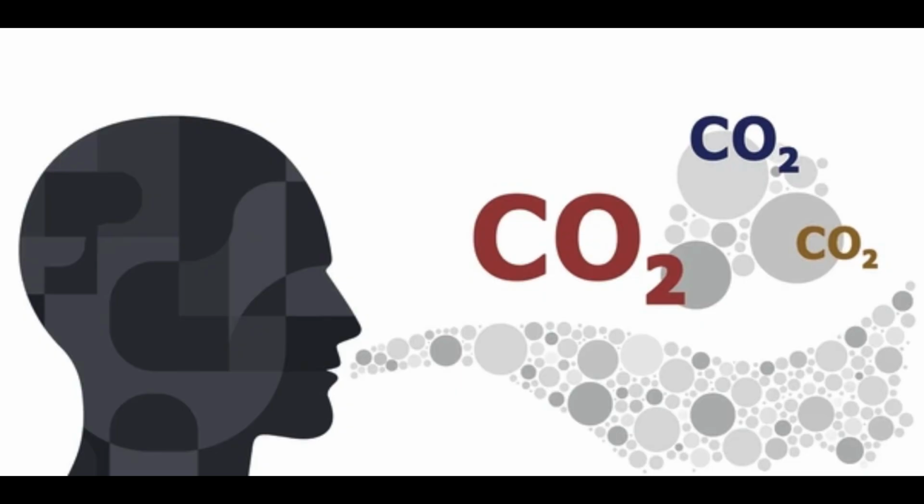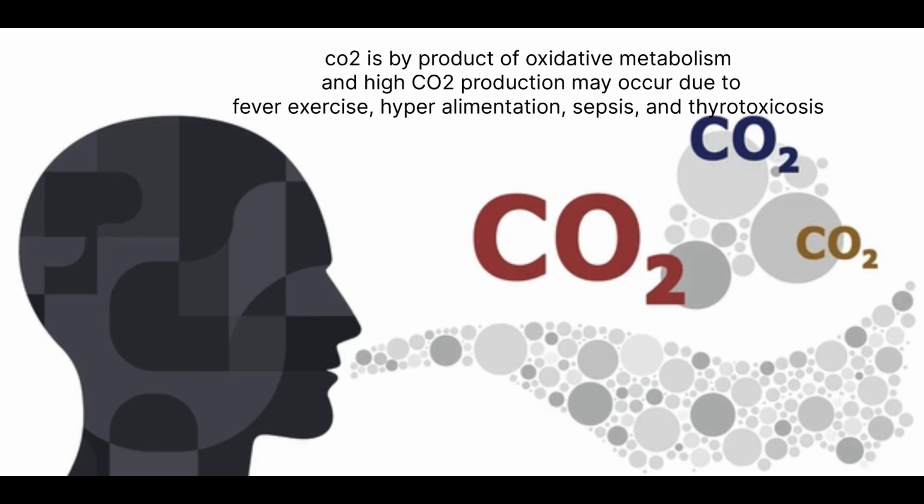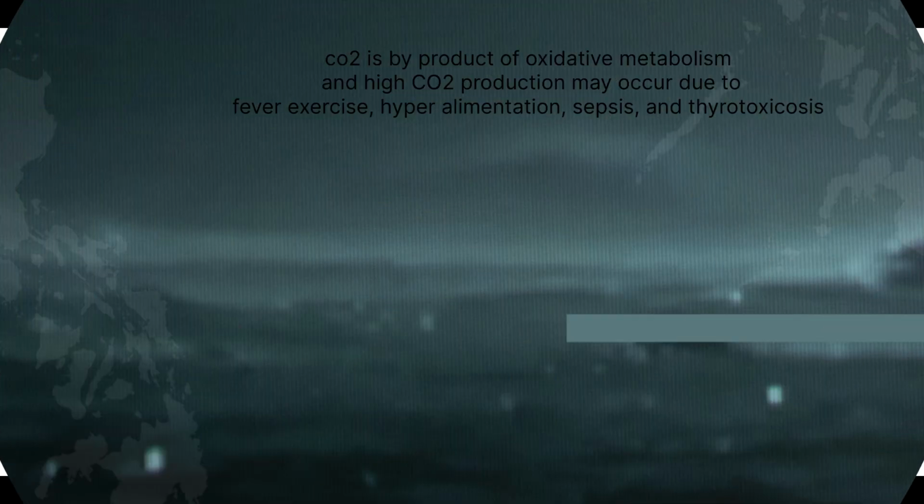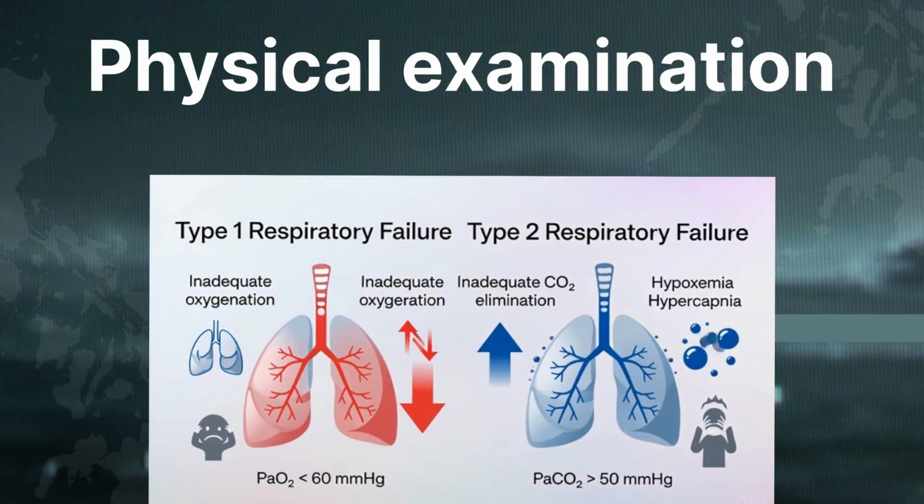Next, increased carbon dioxide production. Carbon dioxide is a byproduct of oxidative metabolism and high CO2 production may occur due to fever, exercise, hyperalimentation, sepsis and thyrotoxicosis. Physical examination. While assessing the patient with respiratory failure, assess for use of accessory muscles, altered mental status,